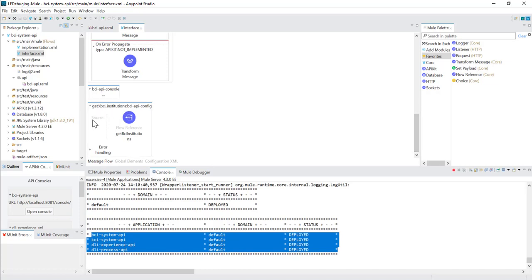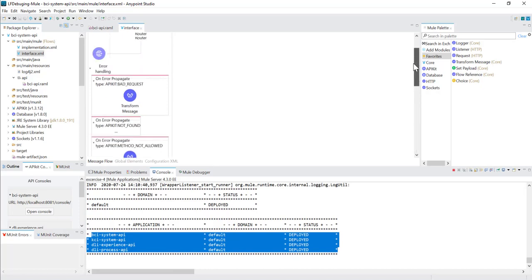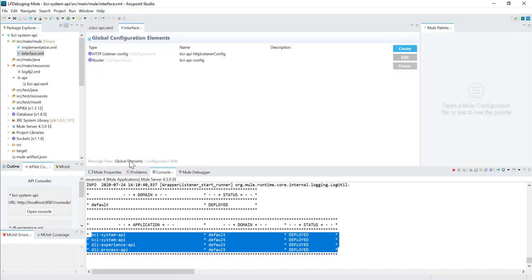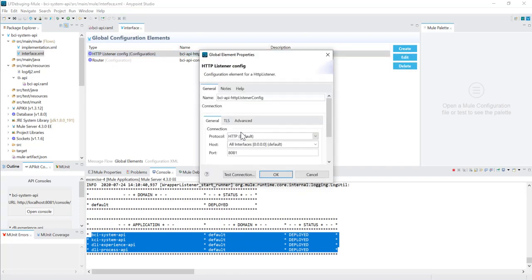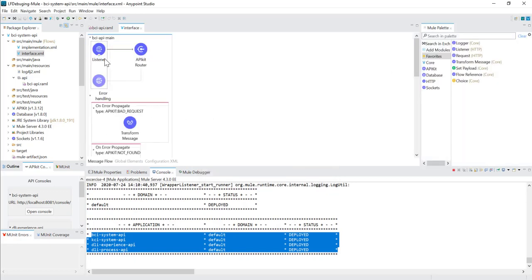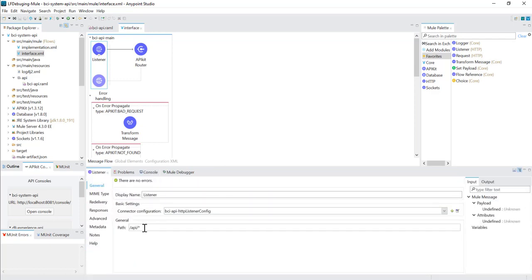So this is the private flow. It is not having any source. Let's have a look into the configuration. This is the HTTP listener configuration for the BCI system API. If we look at the port number, it is about to run at port number 8081, and the host name is localhost. Also, if we go to the properties of the listener, we will find that it is pointing to /api/.